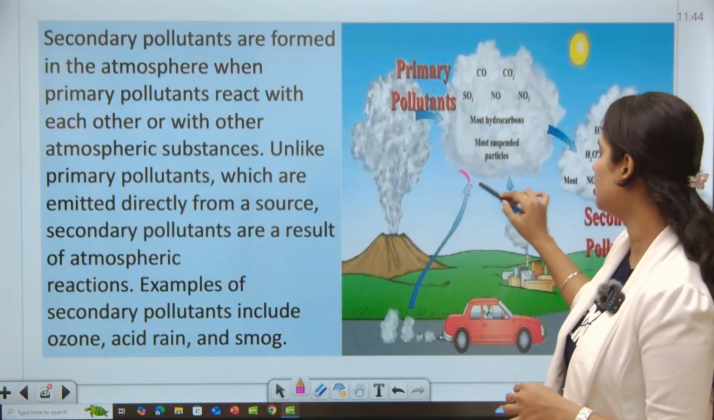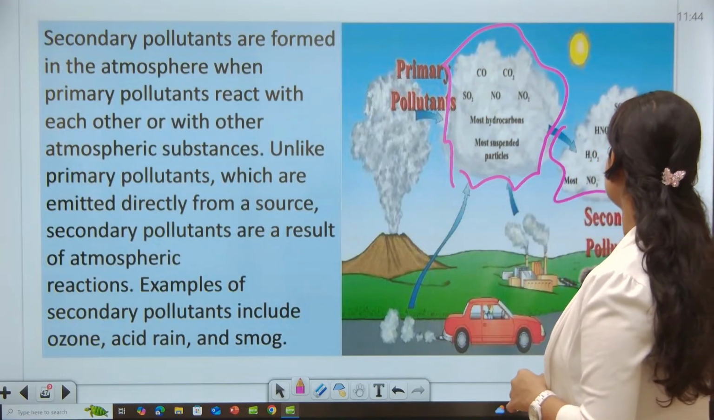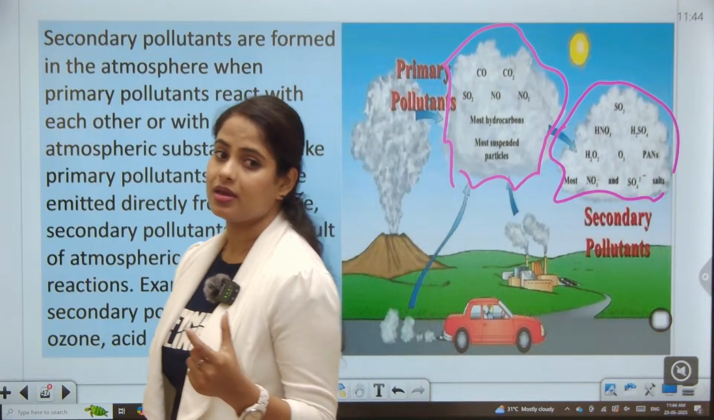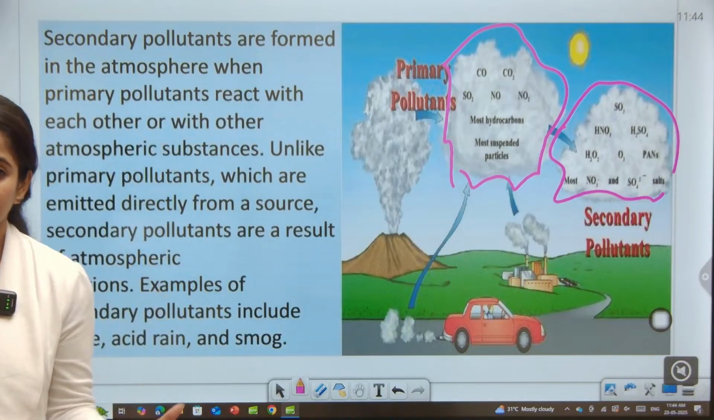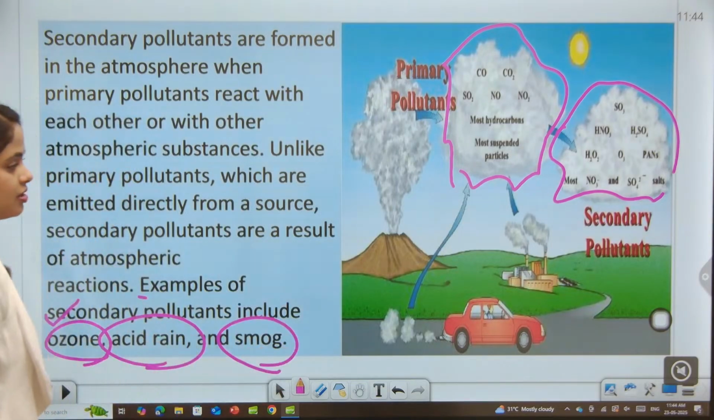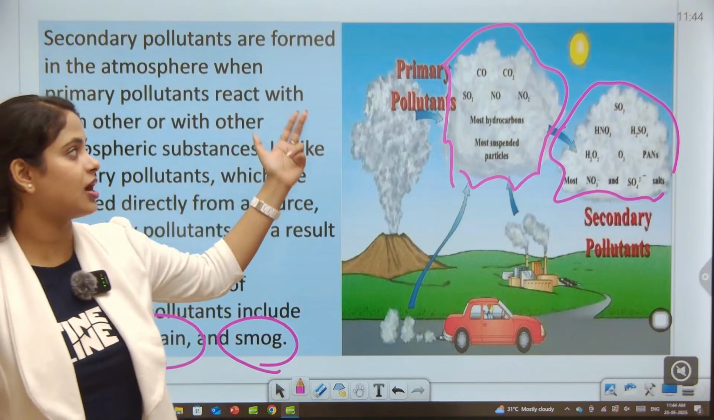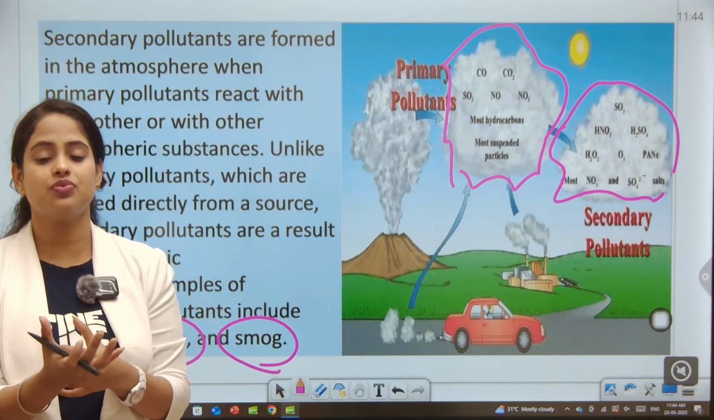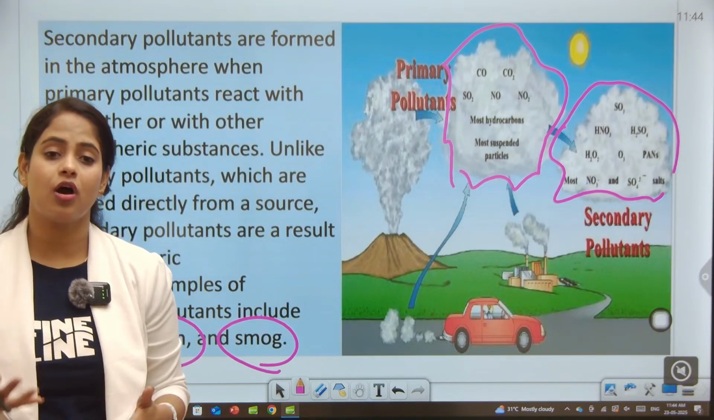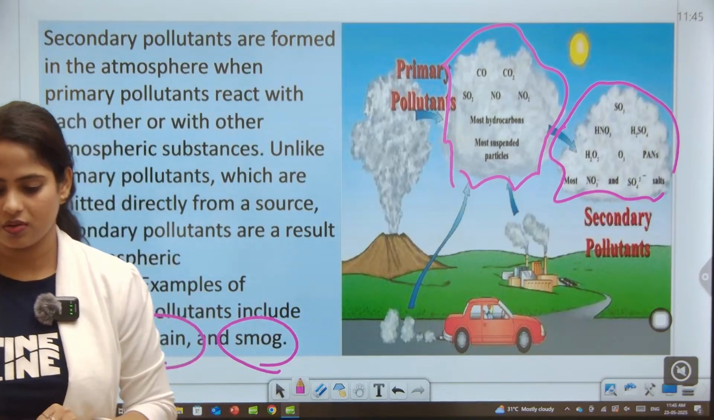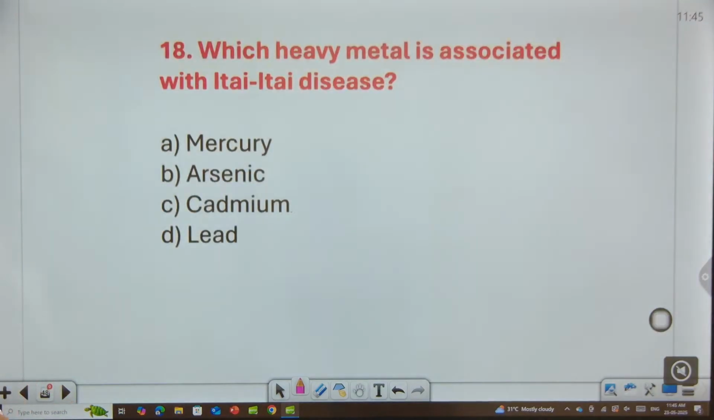You can have a look, the picture describes all that the statements are saying. The secondary pollutants are a result of atmospheric reactions. Examples of secondary pollutants include ozone, acid rain and smoke. The chemicals, carbon dioxide, sulfur dioxide, nitrogen oxides, directly lead to the secondary pollutants and form ozone, acid rain, smoke. These are the kind of secondary pollutants. Okay. So next,